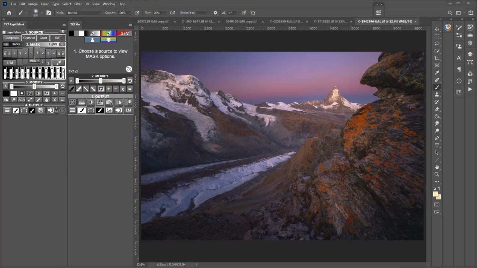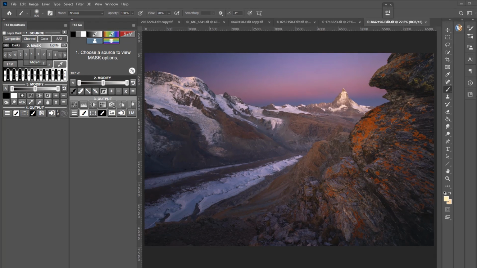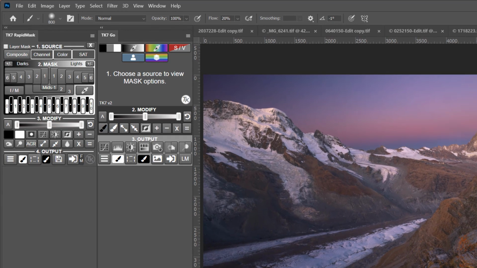Let's begin by connecting the dots between the Go module and the Rapid Mask module, which I think will help beginners and experienced users alike see the similarities and differences. So I've modified my workspace and put the two modules here side by side for easy comparison. The Go module is designed to be more visual and give more guidance when you're creating and applying masks. And again, in addition to what I'm showing you here, make sure to refer to Tony's overview video to get